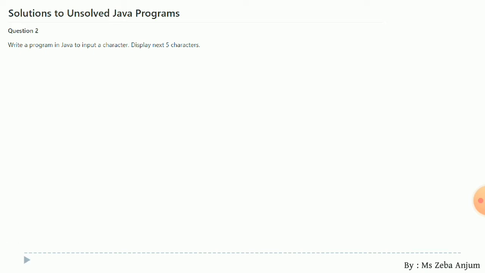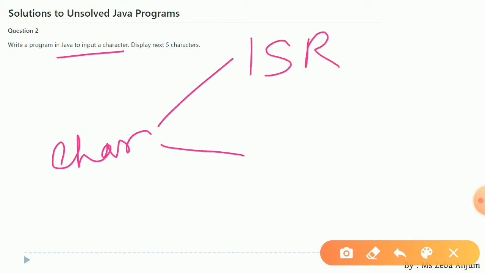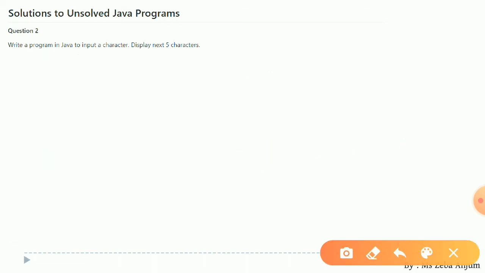Again, we have to take input as a character. As I have already told you, when you are taking character as an input, either you go for the InputStreamReader class or you go for your Scanner class. Both the ways are correct. Now, whatever input you have taken, you have to display the next 5 characters.